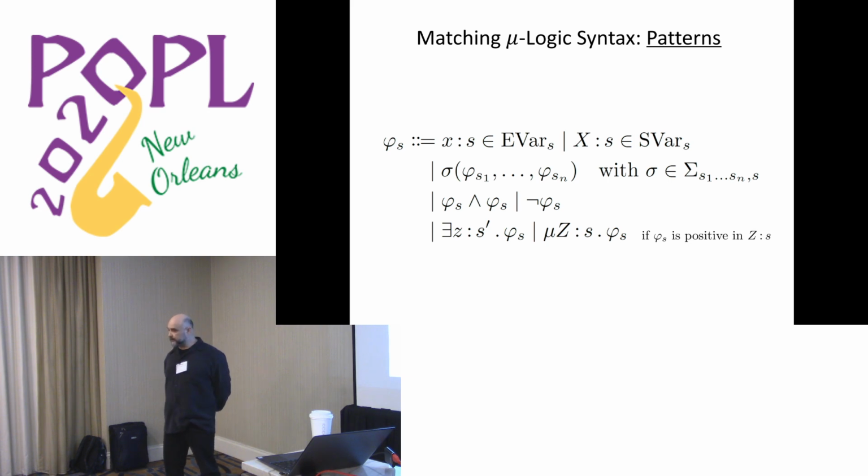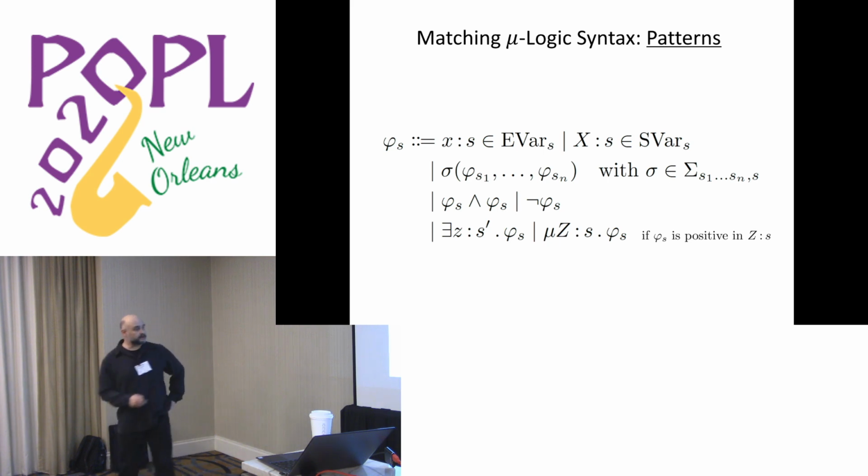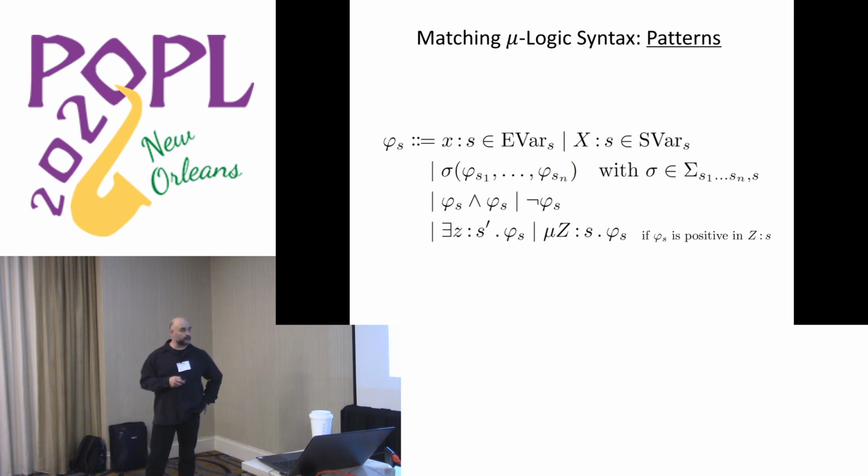Yes, I don't understand exactly what you mean. I got stuck. It seemed like you were saying the meaning of a pattern is which terms it matches against in the model. If you give me a model, then you have a meaning, which is the set of elements that match it. Yes. And the existential, so this is actually the union over all possible concrete matches of Z. Right? So it gives you a set of all the elements that match.